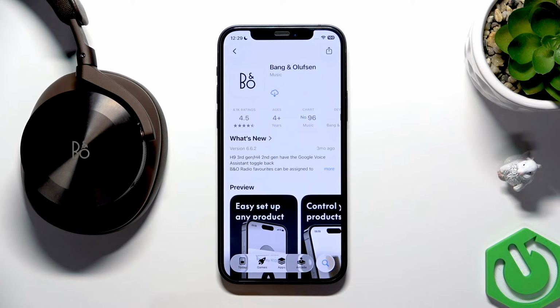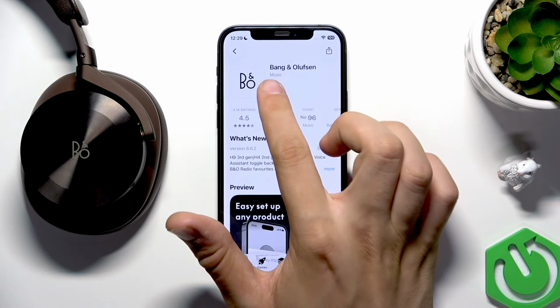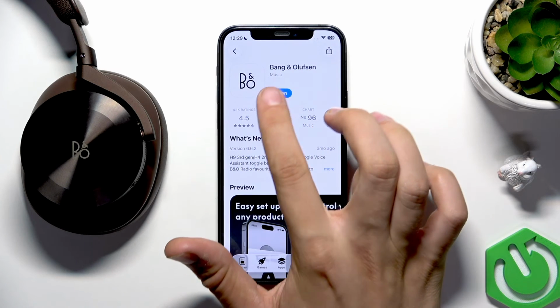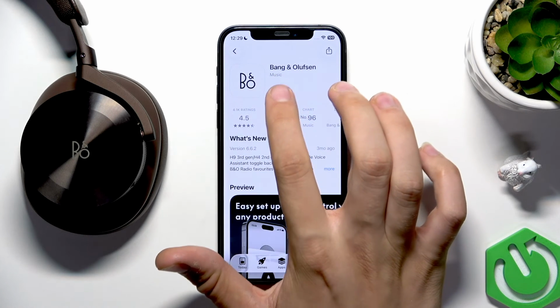You have to click the Get button and then authorize yourself using Face ID, Touch ID or Apple ID password. It depends, of course, how you set up your authorization. Of course, this application is completely free, don't worry. After clicking the Get button, the installation will start automatically. Now you have to tap Open here,